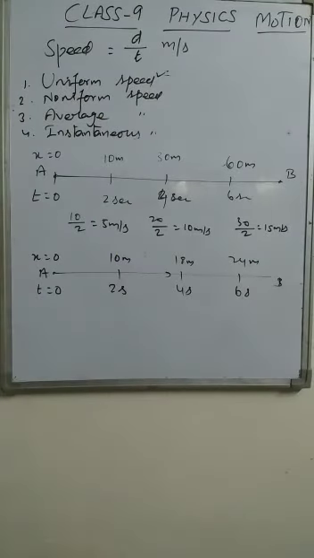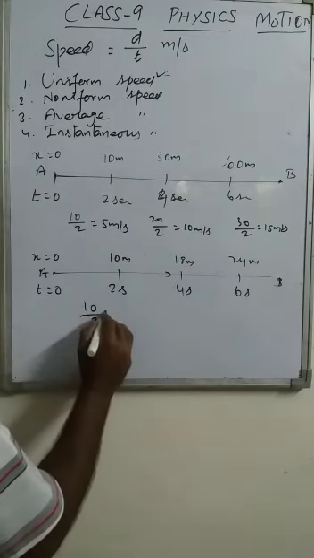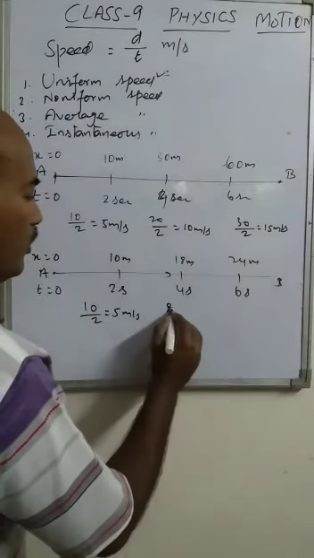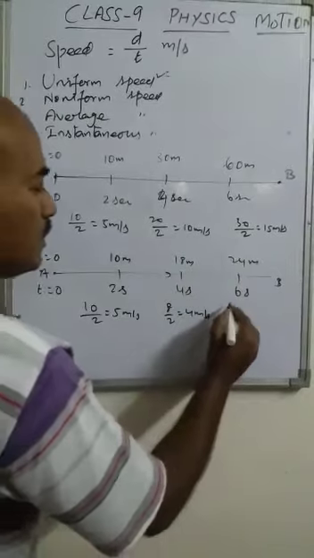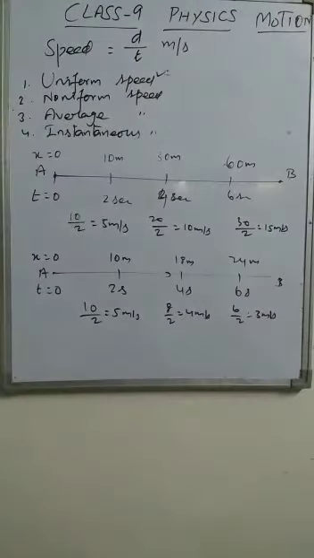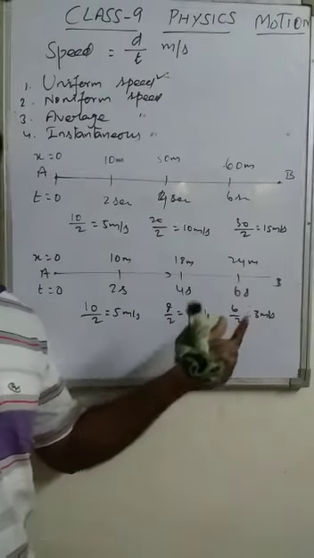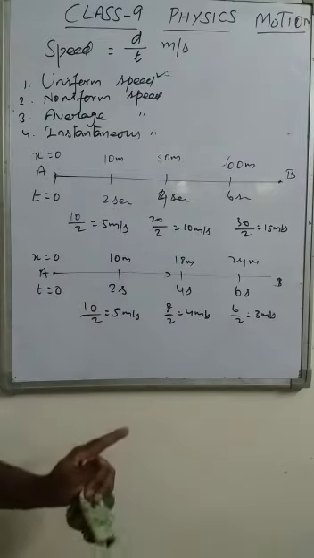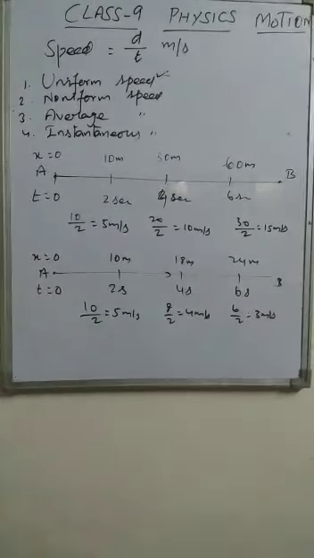Now if we calculate the speed, it is 10 upon 2, 5 meter per second. Here it is 8 upon 2, 4 meter per second. Then it is 6 upon 2, 3 meter per second. Here we are getting the values. The speed is continuously decreasing. So in both the cases, we say the object is in non-uniform speed or non-uniform